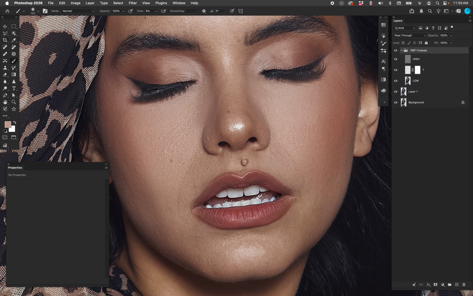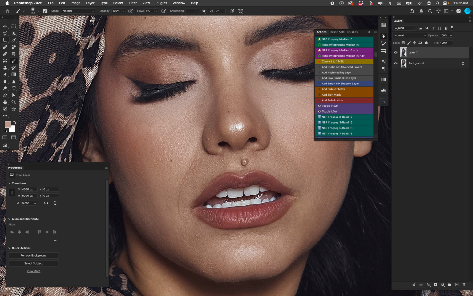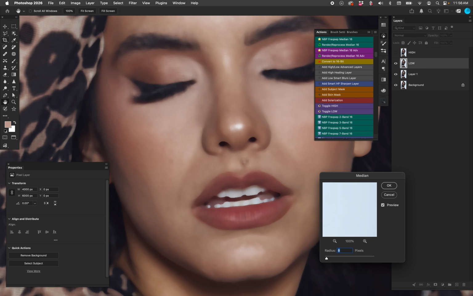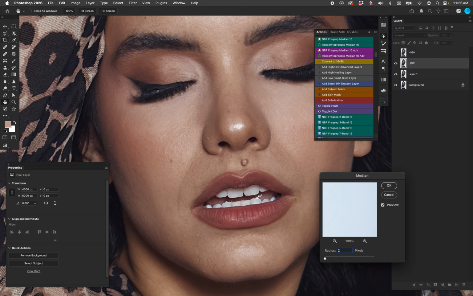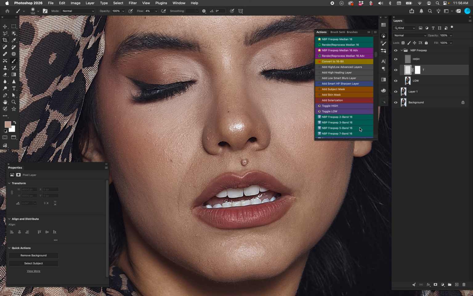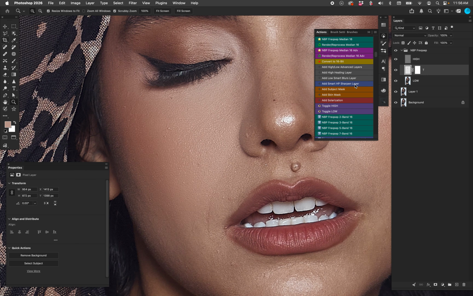Now, how can we prove the opposite is true? Well, if we go back and run it one more time, by the way, commercial retouchers run frequency separation multiple times, depending on what they're trying to do to an image and where and why. Okay, let's run a 2 once again, similar to what we did a second ago. Now, if we paint, same thing, same 5% flow, 4% flow, we start painting skin tone, resampling and painting skin tone. It's working, but